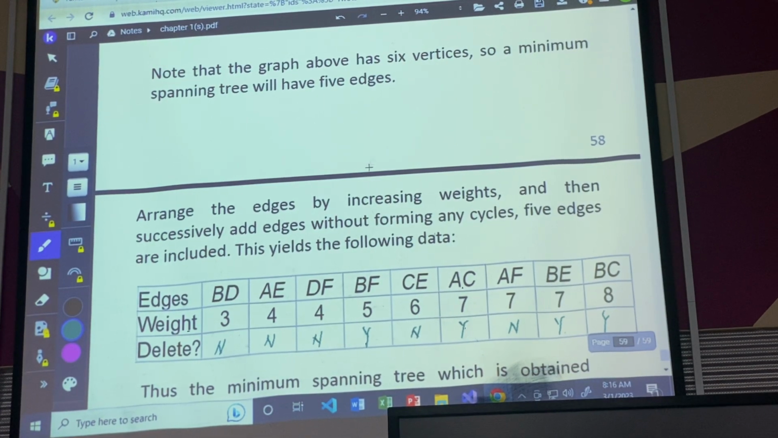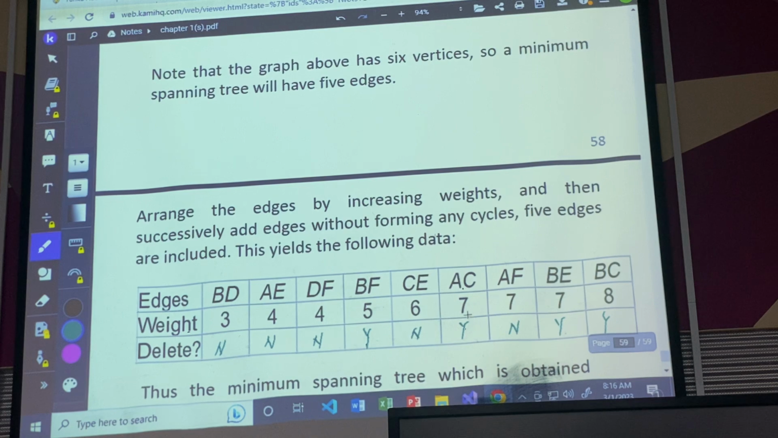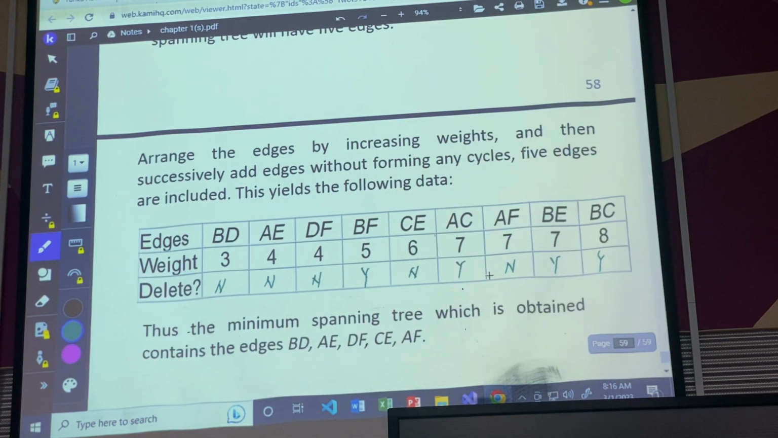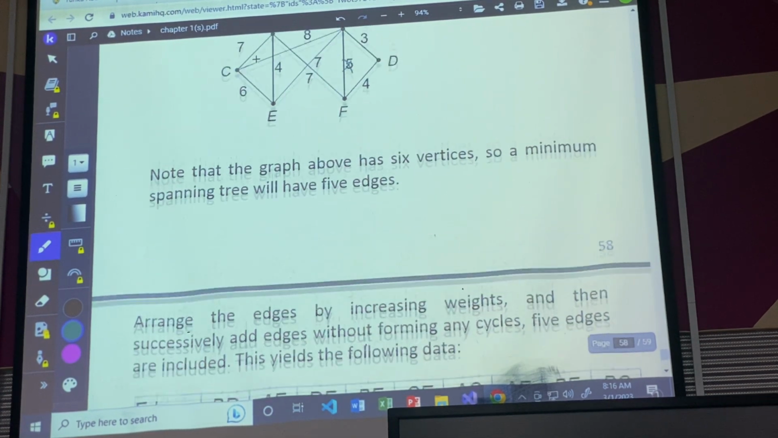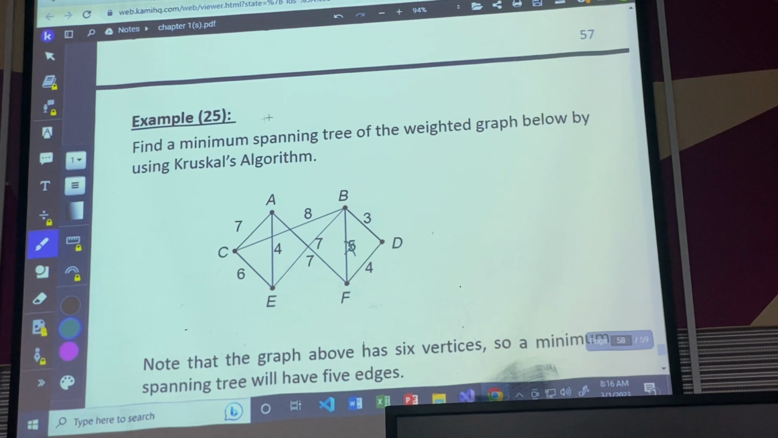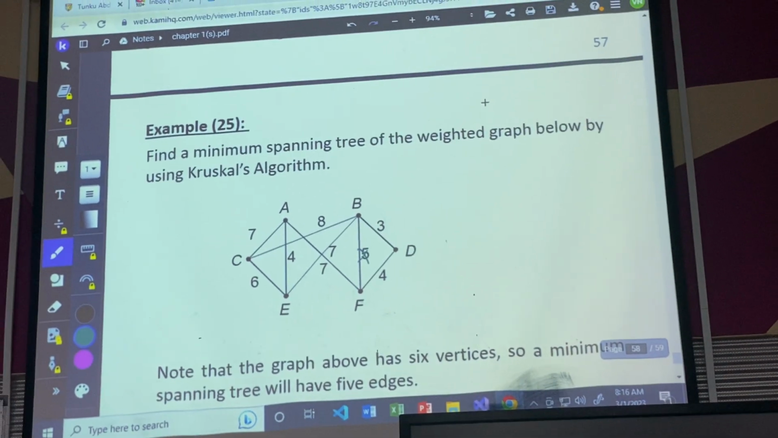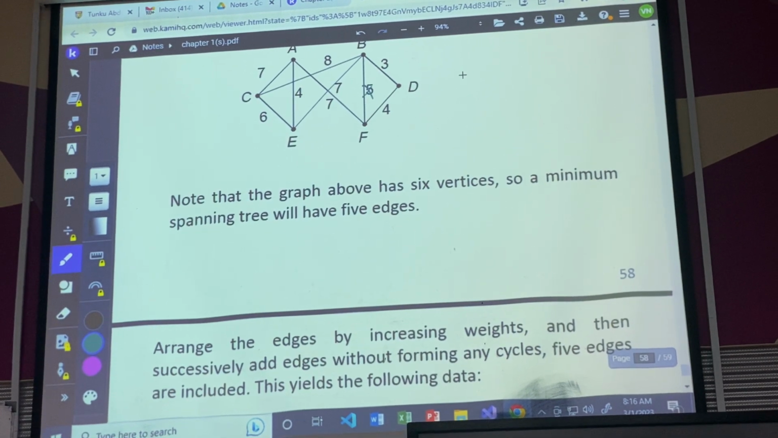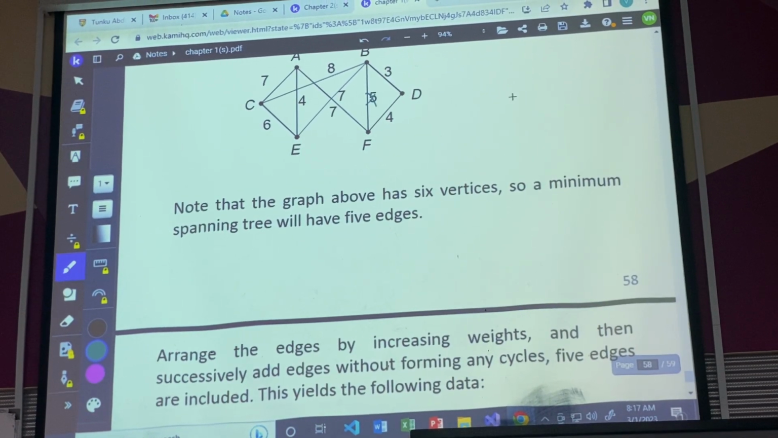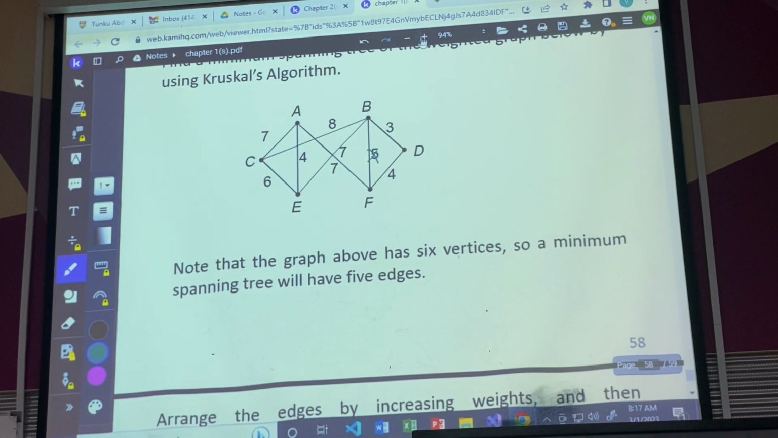Now we only have 1, 2, 3, 4, 5 edges that is not deleted. So they ask you to find the minimum spanning tree. Okay, find the minimum spanning tree. So we just draw again, whatever edges that we have chosen just now, draw out. Okay, so here we have